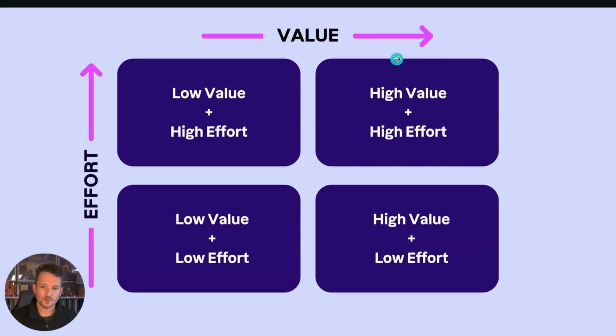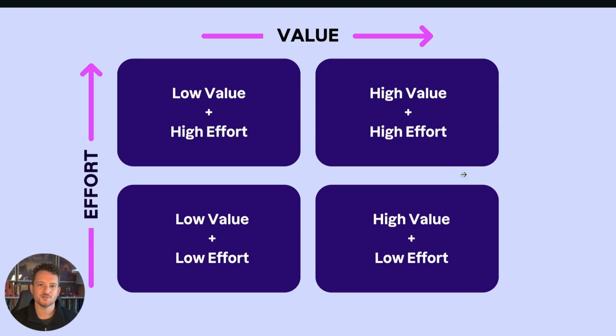So it's important to think about this matrix when you're rolling out AI adoption in a strategic and intentional way in your company, knowing that not everyone is starting at the same point, but to get everyone up to this high value, high effort category, it's almost like a ramp. And we want to follow this bottom left, bottom right, top right, going up a ramp, up and to the right, okay? In most instances, up and to the right is a good thing, which means we want to avoid this low value, high effort category. And it also means that we don't want to start up in the top right corner.